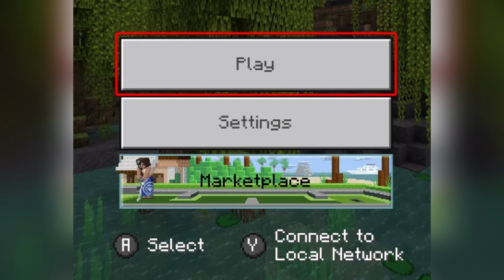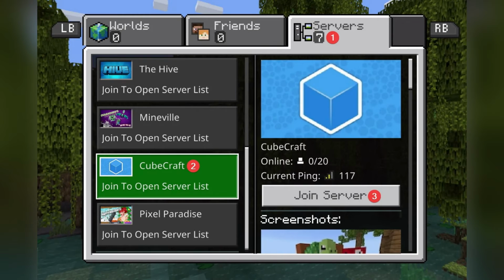Now open your Xbox and then go to Minecraft. Or on a Windows device, open Minecraft Bedrock Edition. From the main menu, tap Play. Then navigate to the Servers tab and scroll to the bottom and click Add Server or Connect to a server